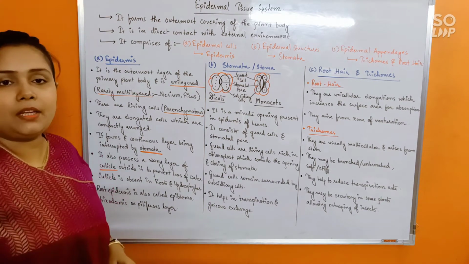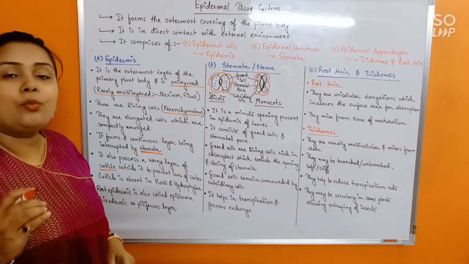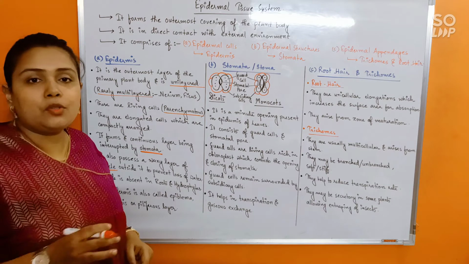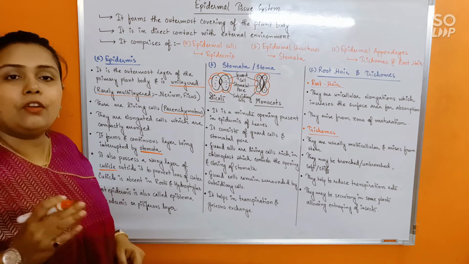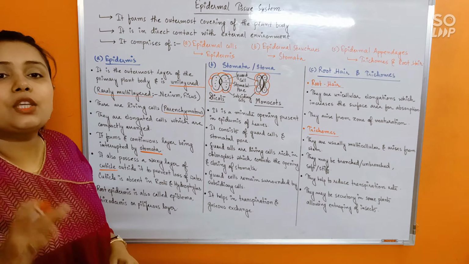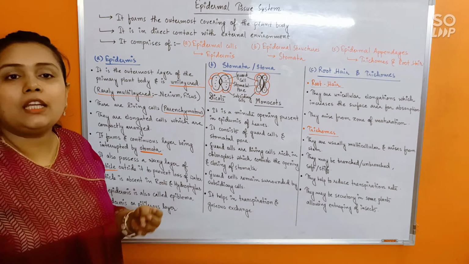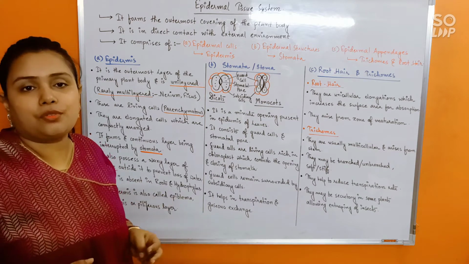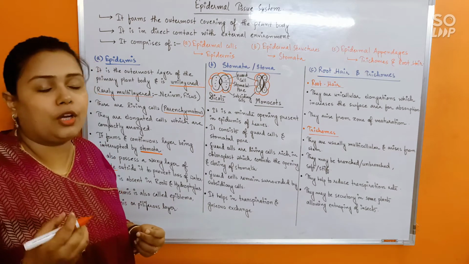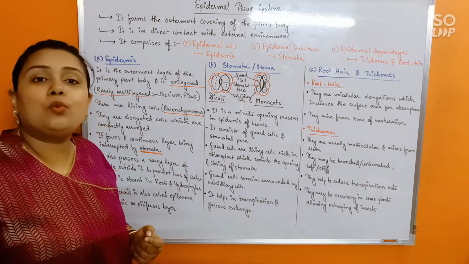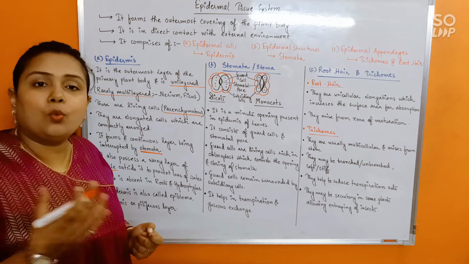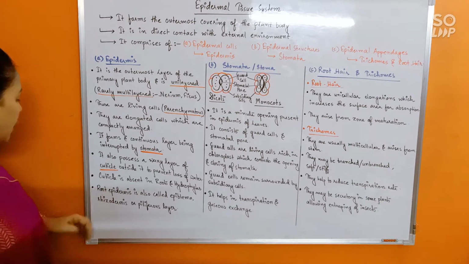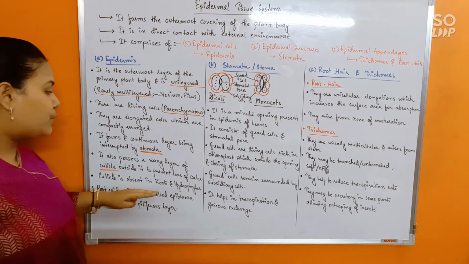Now, outside the epidermis will remain a waxy layer or waxy deposition of cutin. It is the cutin that is going to get deposited. And when cutin is deposited, it will form a layer which is known as cuticle. Understood? And when cuticle is present, what's the function of cuticle? The cuticle is going to reduce transpiration rate, or it will not allow the loss of water. Being waxy, it will not be water permeable. Okay, understood that?